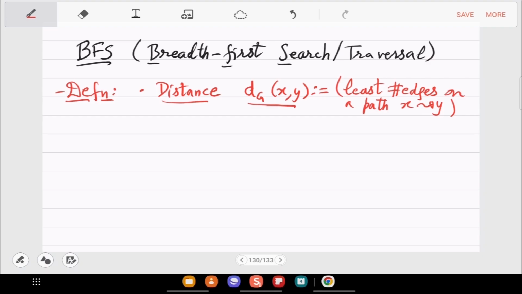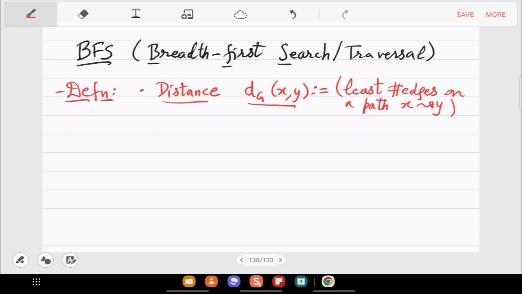So distance can be at most how much? No, it can never be n. It's less than n. It's n minus 1. Because if you have two vertices, then the distance is just 1, right? There can only be one edge.